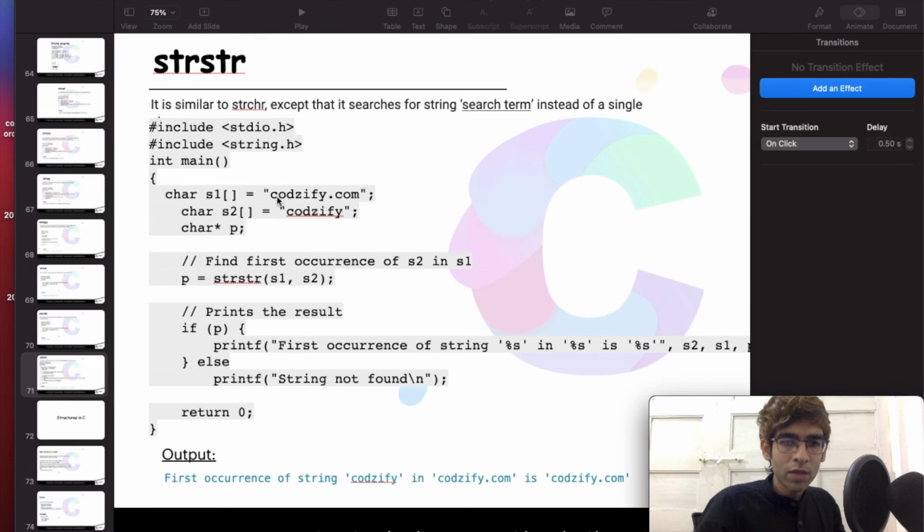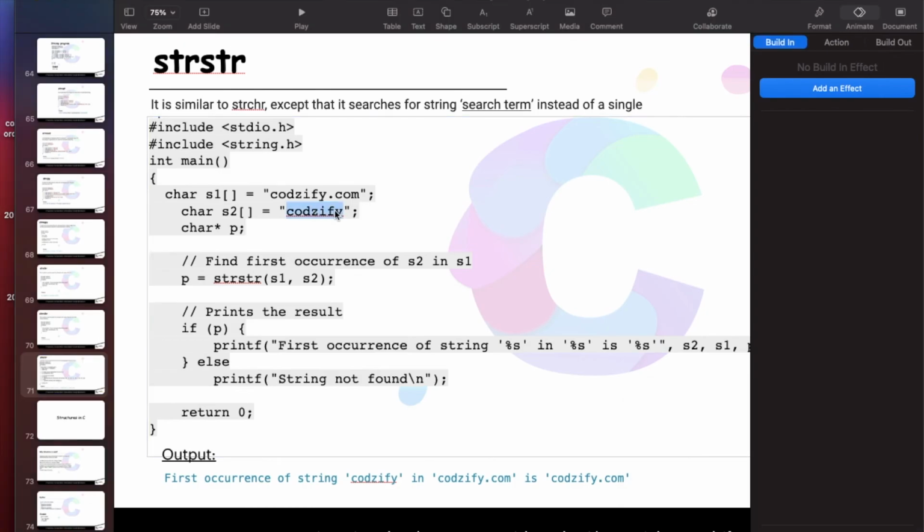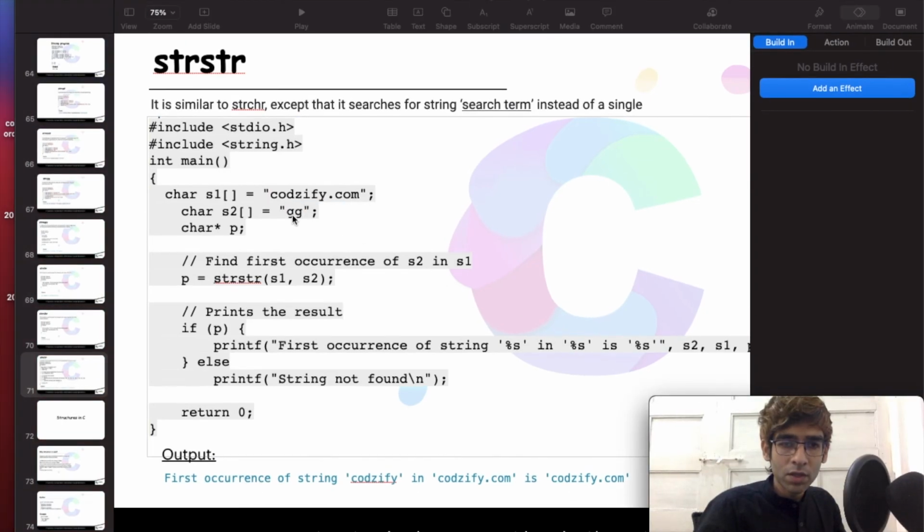So codezify is present at the first position, so it has printed codezify.com. If the second string is not present in the first string, it will not print anything. Here we have written the condition if p, meaning if we get the string, then only it will print the output, otherwise it will not execute.